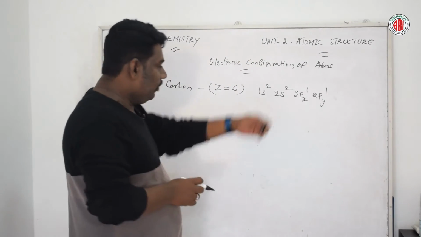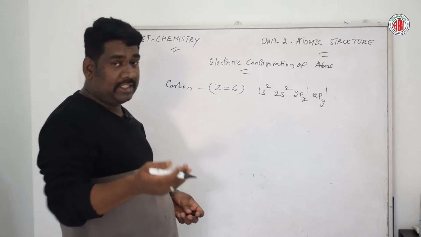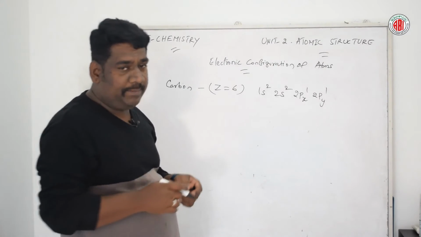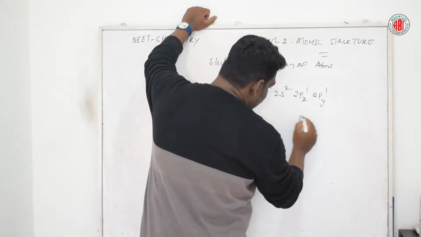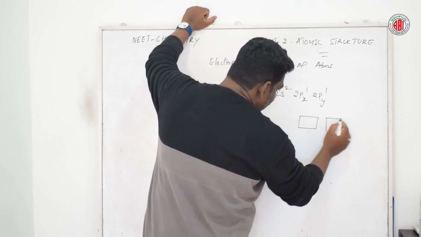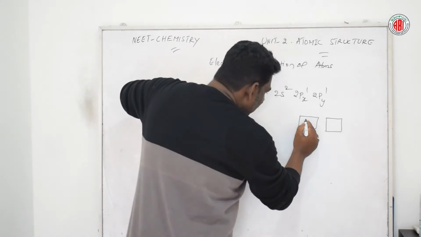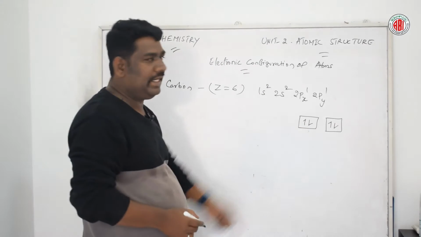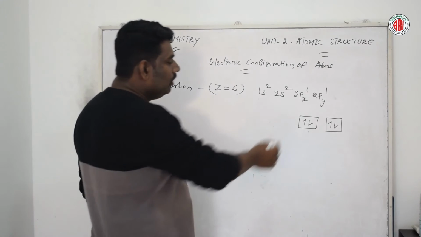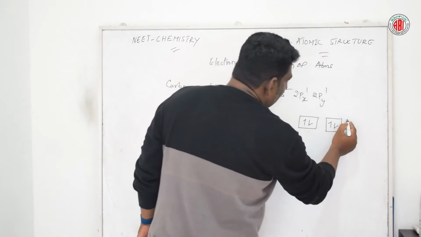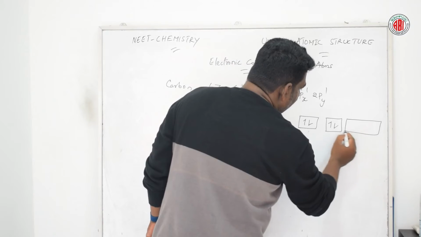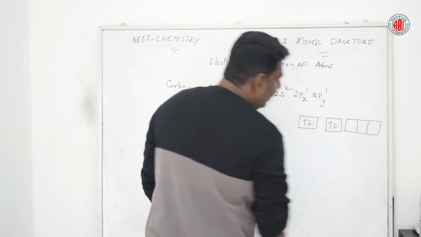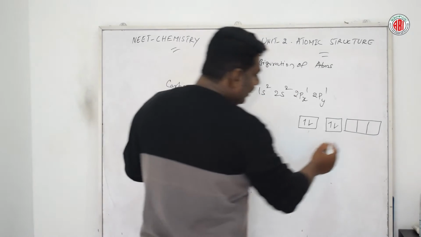So this could be explained in diagrammatic format, like this box way. These two are the s orbitals accommodating 2 electrons each, showing the direction upwards and downwards. So 2 s orbitals are filled now. And talking about the p orbital, there are 3 subdivisions in the p orbital: p of x, p of y and p of z.